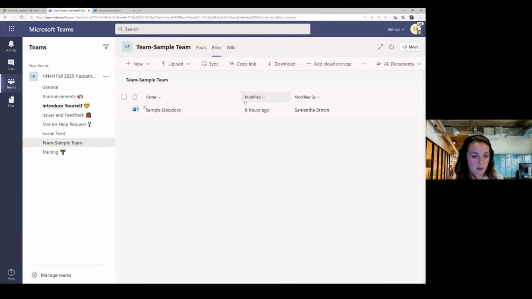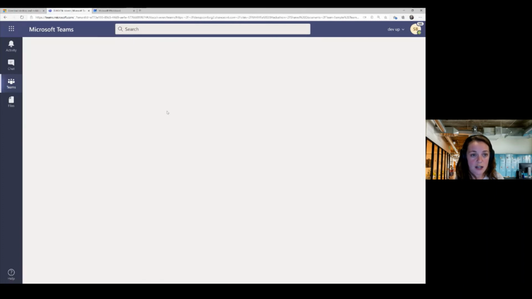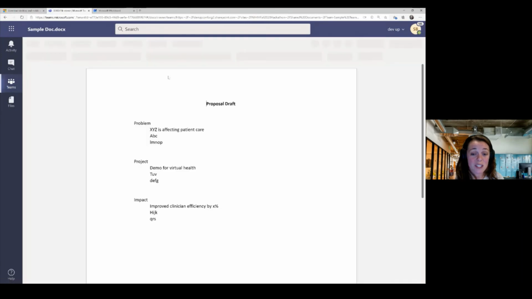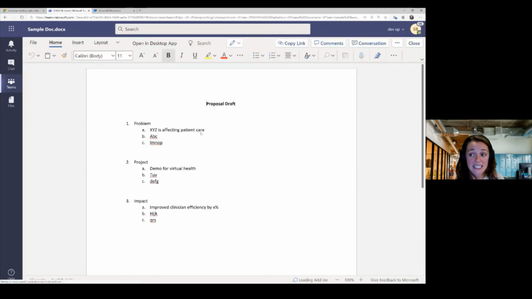So this is my sample document, but anything else that anyone ever shares here, whether it be a PowerPoint, doesn't have to be a Word document, any type of file is going to be stored here. So anyone within your channel will be able to see it and use it. Now, if I go into this sample doc, I can pull it up actually within my team's environment. And if Dave or anyone else on the team wants to collaborate, they will actually show up in a different color. And you can see them typing. There we go. There he is. He's in blue. You can see him typing in real time. So we can actually co-author in real time together.